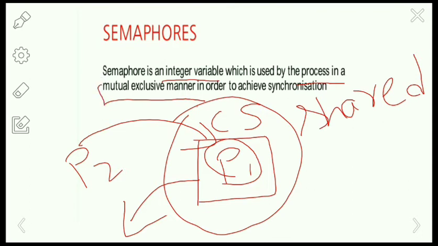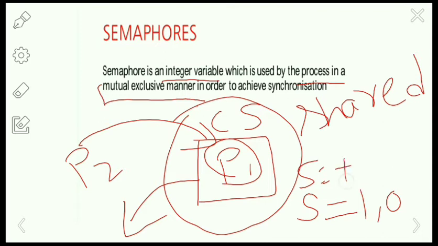So a semaphore is an integer variable, and based on its value, the process is going to enter and exit the critical section. The semaphore variable may be 1 or 0 for the binary semaphore and it may be any positive value for the counting semaphore.